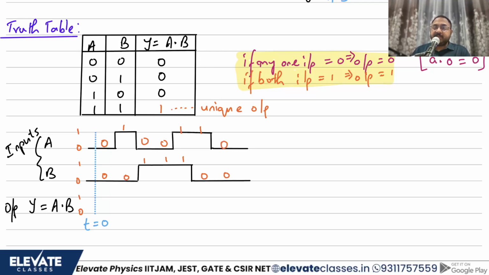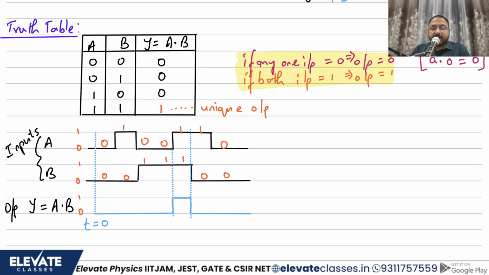Where do you see two ones overlapping? The only place I see two ones overlapping is somewhere over here, right? They are only overlapping in these areas. Only here I can see two ones overlapping. So immediately I can draw my output as, here my output will be high. Here my output will be high. What about the other case? Every other case the output has to be 0. Every other case the output will be low, that is, it will be 0. So this is how my output is going to look like. This is the output of an AND gate.